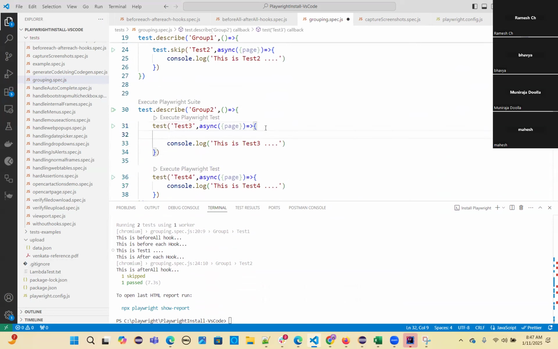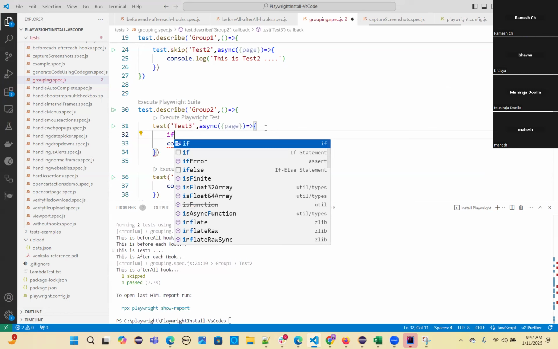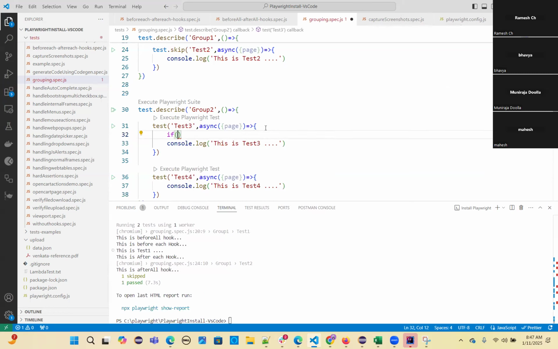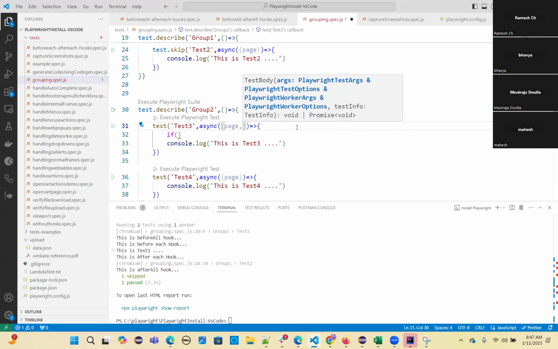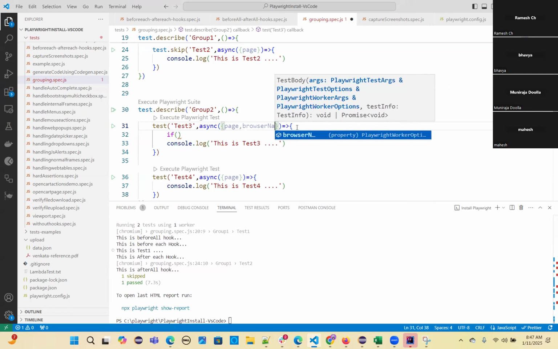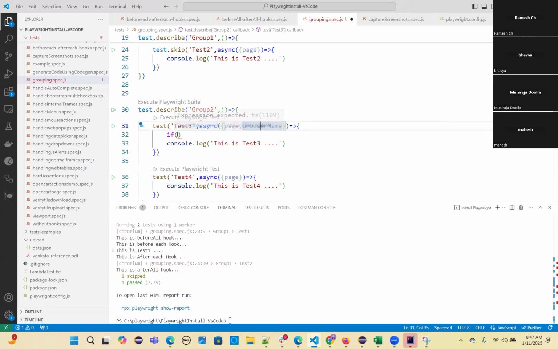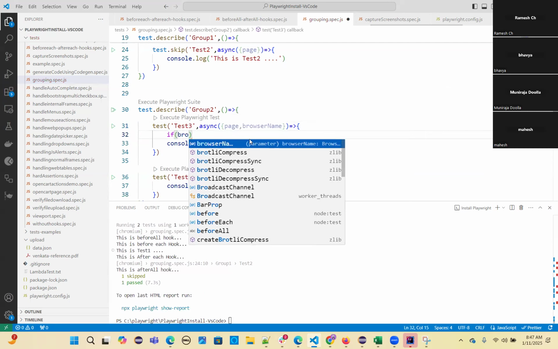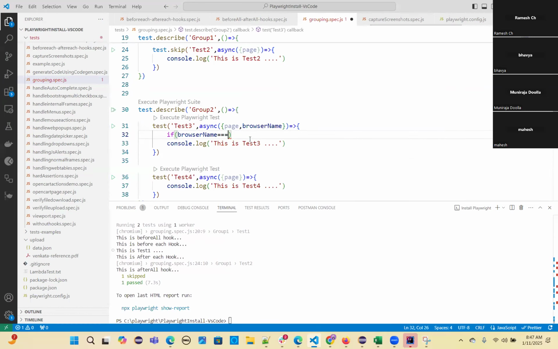So the condition I want to write, you can add one more fixture, a page fixture, and browserName also. You are passing another browser name. So based on the browser you want to execute, you can add one more fixture here and write that. So browserName is equal to, suppose, Chromium or Chrome or Firefox, whatever it is. You can just mention